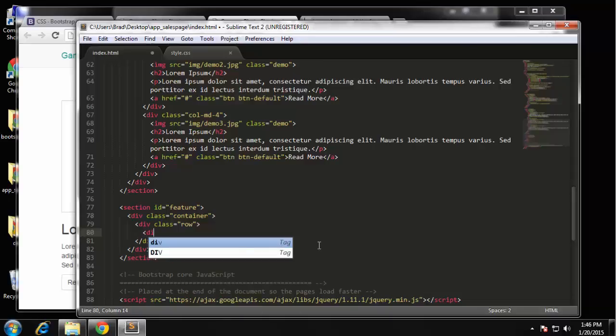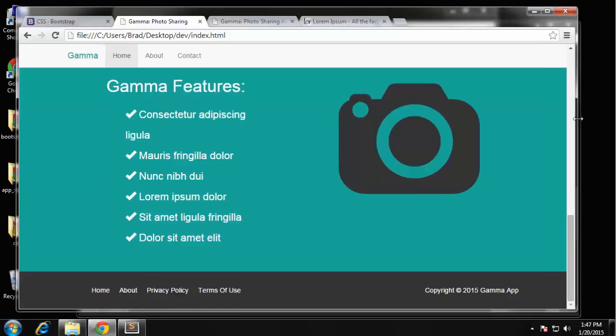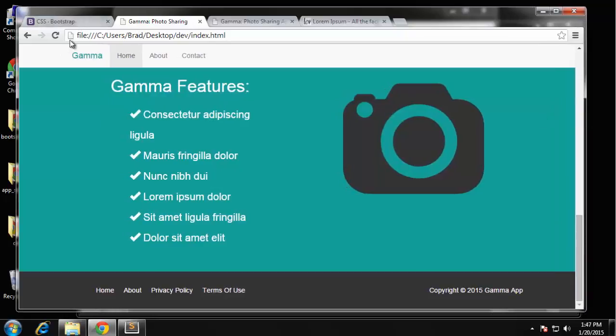So we want a div class. As far as the columns, now this is a little tricky because we want it split down the middle. You can see like we have here, but we don't want them to be way over. We don't want this to be way over to the left, or this image to be way over to the right. And what we can do is set an offset. Alright, so if we look at the grid system,